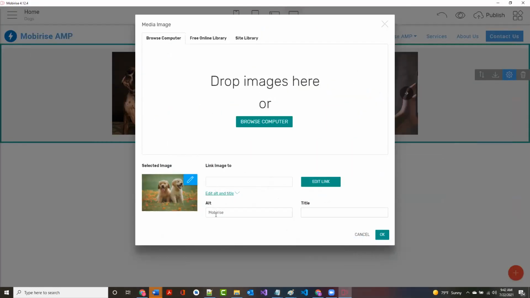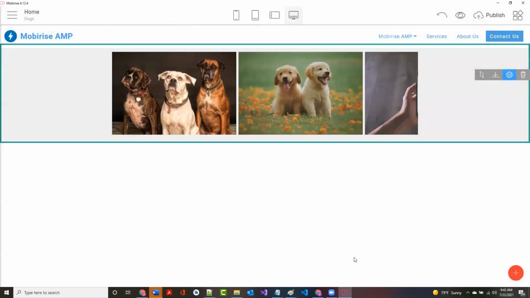I'm going to get rid of what's in here and say puppies playing. And then I'm going to paste that in. Photo by Chevanon Photography from Pexels. And I'll give it a title of Puppies Playing. And I'll click OK.